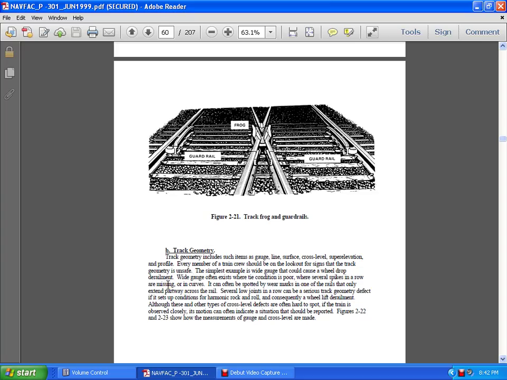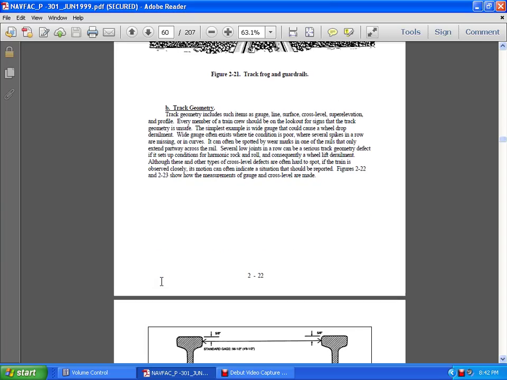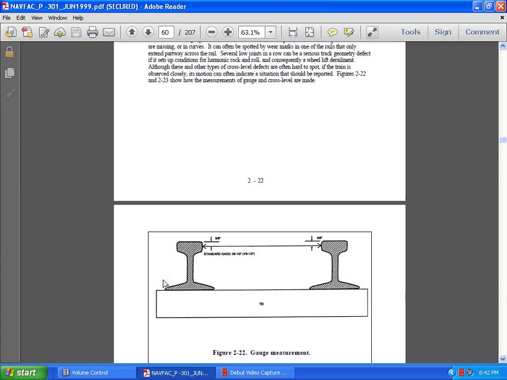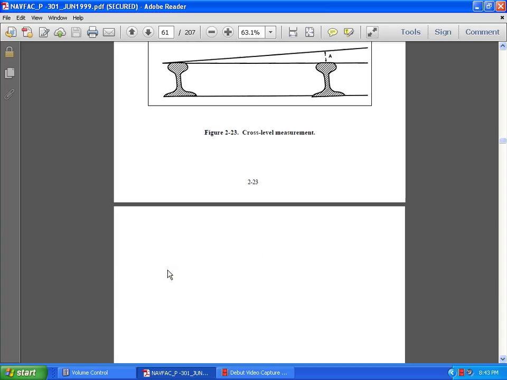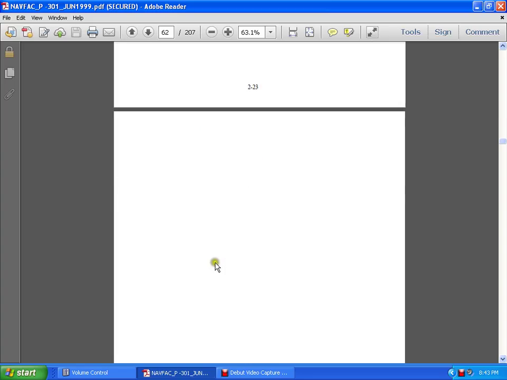Rock and roll continuously, a wheel derailment. Although these types of cross-level defects are often hard to spot, the train is obviously close to the motion, indicating the situation that should be reported. Figure 2.2 and 2.3 show the measurement of the gauge and cross-level gauge. The standard gauge is a 56.5-inch gauge. Gauge measurements. Cross grade measurement, and then they have a blue stake on the other side. I don't know. It usually goes by 1 to 2, by 200, by 2/10 of a lift up or